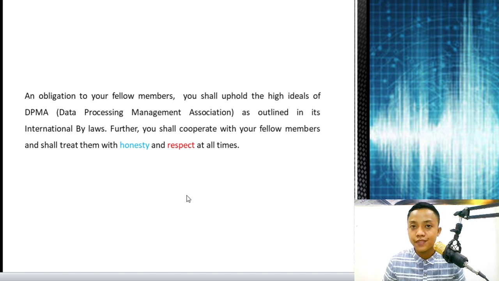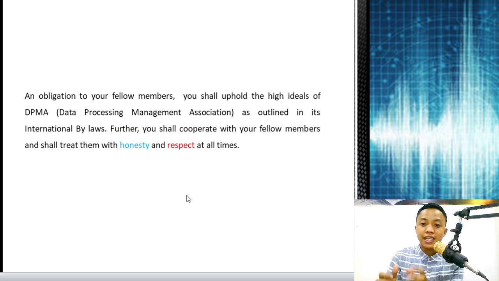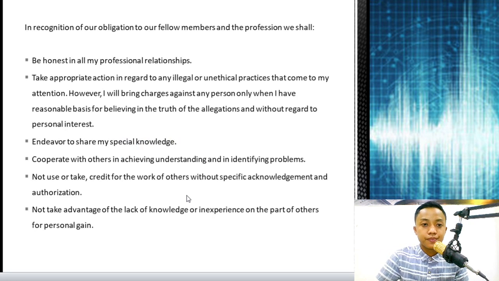Sa ating pong mga fellow members, kinakailangan po talaga natin, we should always, may guidelines po tayo, may outline po tayo kung ano ang ating gagawin. And treat them with honesty and respect. Respetuhin po natin at lalo na po may honesty po at all times. Sa lahat ng panahon, kinakailangan po natin ng honesty and respect sa atin pong mga fellow members. In the recognition of our obligation to our fellow members and the profession, we shall be honest in